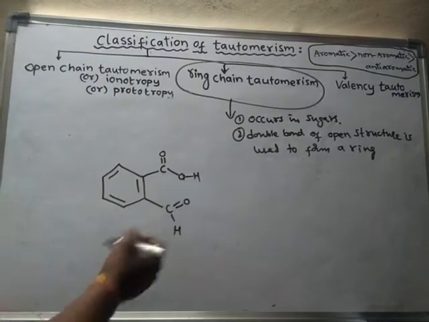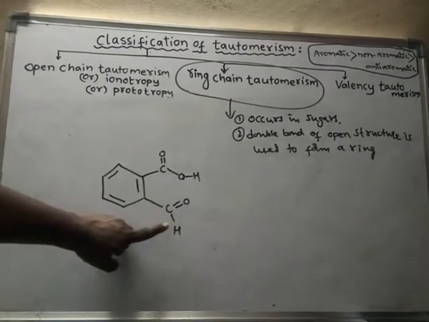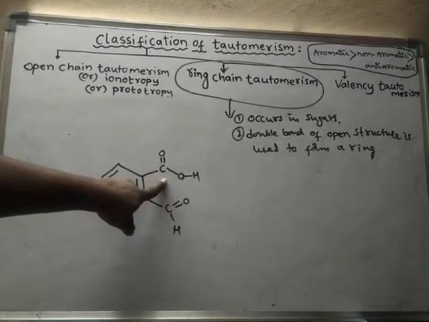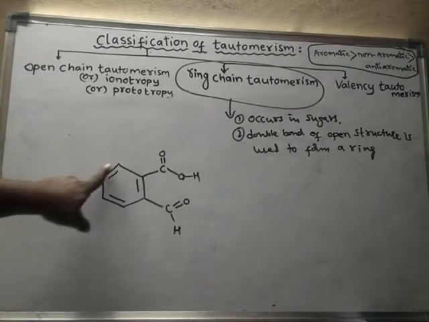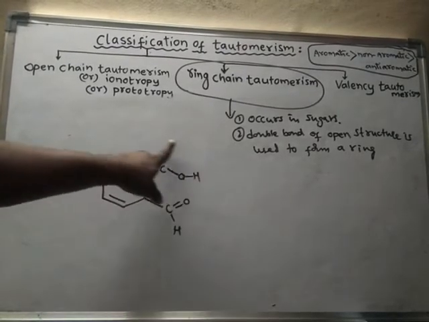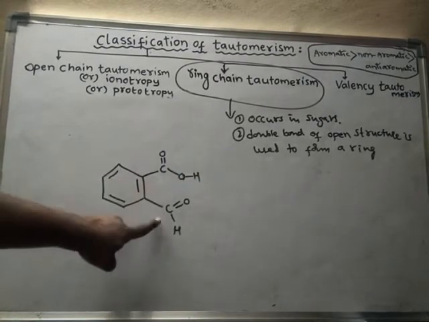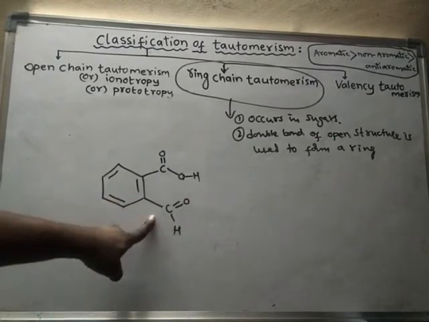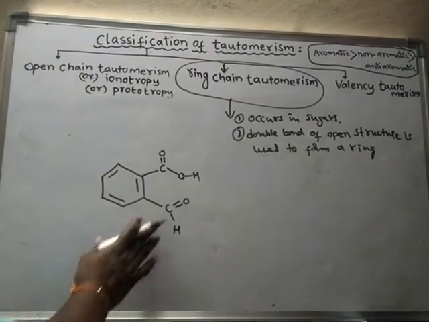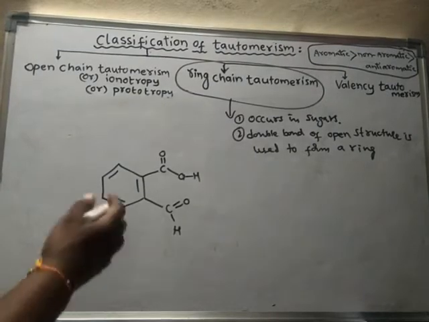This is called an oxo carboxylic acid. This is oxo because the carboxylic acid should be given the first preference, because here this carbon is not part of the ring, part of the chain. So this carbon we should not call as oic acid, it should be called carboxylic acid, and this is the second preference, hence it is oxo. So for aldehydes we have to use oxo. Such types of compounds are said to be oxo carboxylic acids.